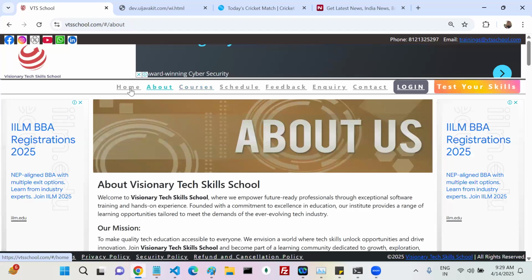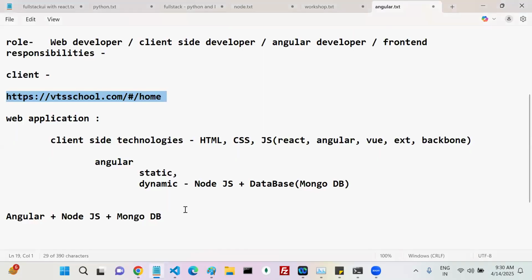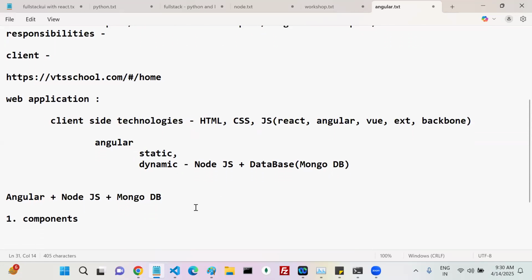Then how we can develop them means there is one concept in Angular. That concept is components. So you can develop one header component and use that header component in as many places as you want. No need to create it again and again. Just create the template which is common and used in multiple places as one component. You can use that component wherever you want.